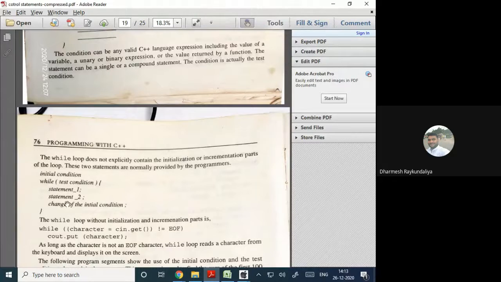But this initial condition and change of initial condition are user defined. That is not the part of the system defined syntax of a while loop. Similarly, in a for loop, you have three expressions: expression 1, expression 2, and expression 3. So here the while loop also requires the three expressions, but among the three expressions, two expressions are user defined. That is called initial condition and change of the incrementer.